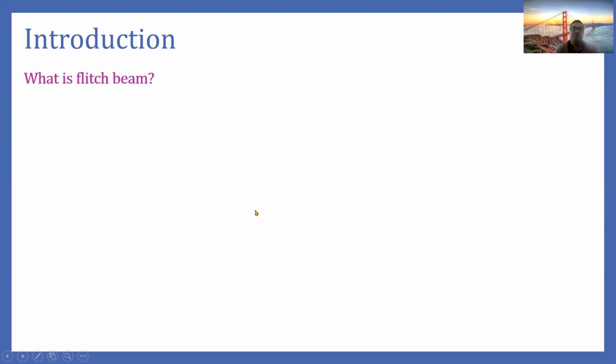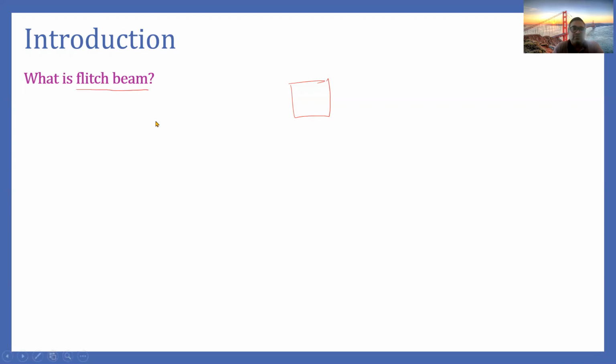So, understanding the flitch beam: what is a flitch beam? In the previous lecture, we designed the timber beam, and a timber beam has a definite moment of resistance, which means a particular timber beam can carry only a limited load. If we have to enhance the load carrying capacity of a timber beam, what we do is add some steel plates. And this beam with the steel plates is known as a flitch beam.